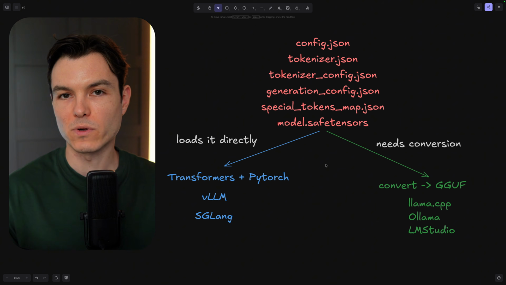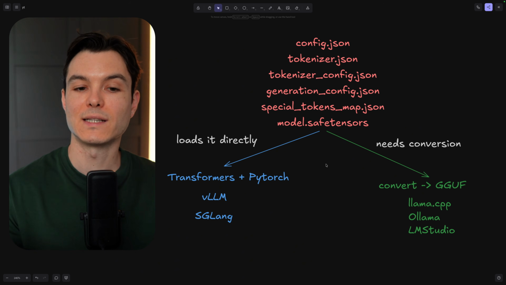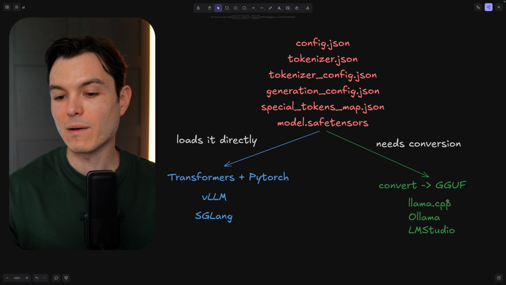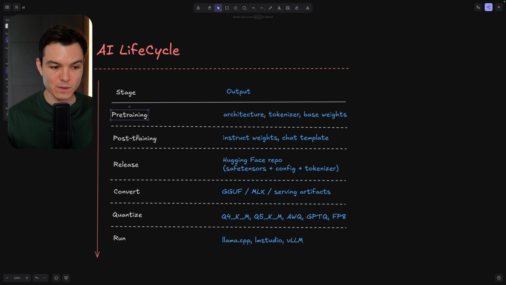And in the llama.cpp repository on GitHub, let me see if I can find it, we can see a Python script that takes all those files and converts them to GGUF, so llama.cpp can actually run them. Now, if you look at our map, we understand pre-training, we understand post-training, we understand release, and I'm going to